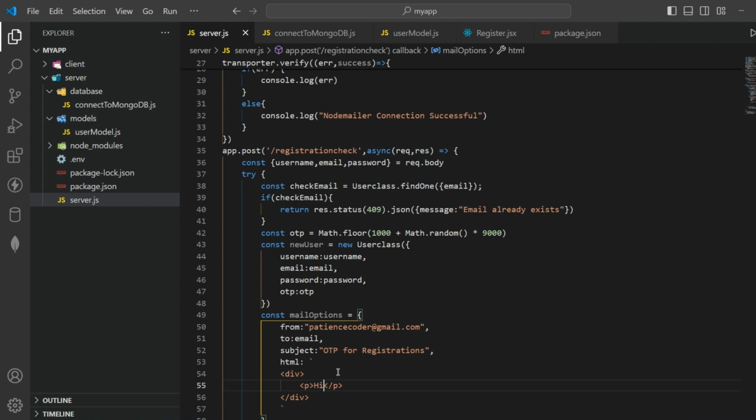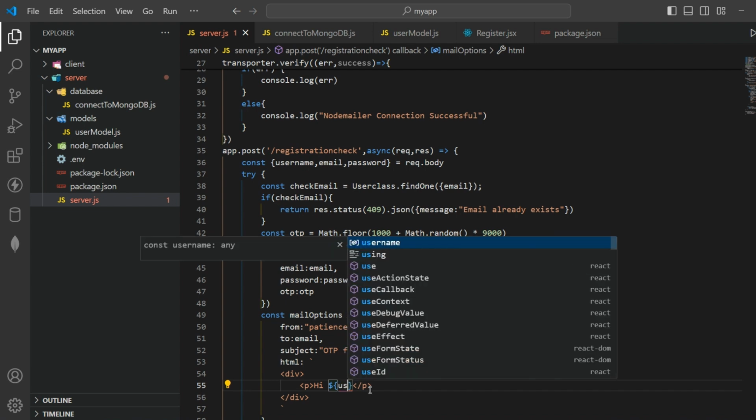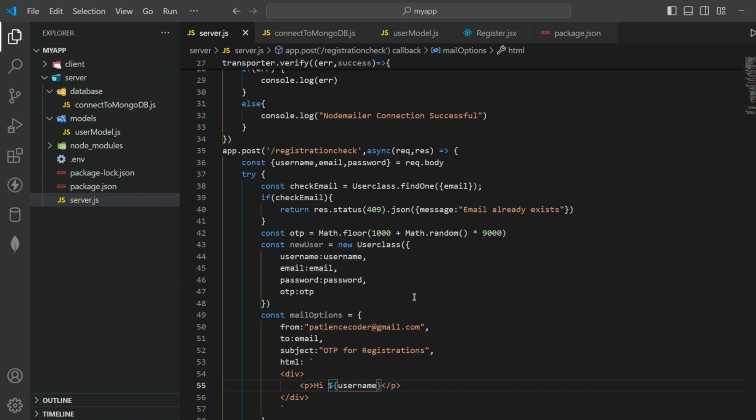So this hi will be a string, and we are going to say hi to the user. Since our username will be stored inside this username variable, we have to give that username, and then let's create another paragraph tag, and inside this paragraph tag I'm going to write a message like our OTP for creating an account